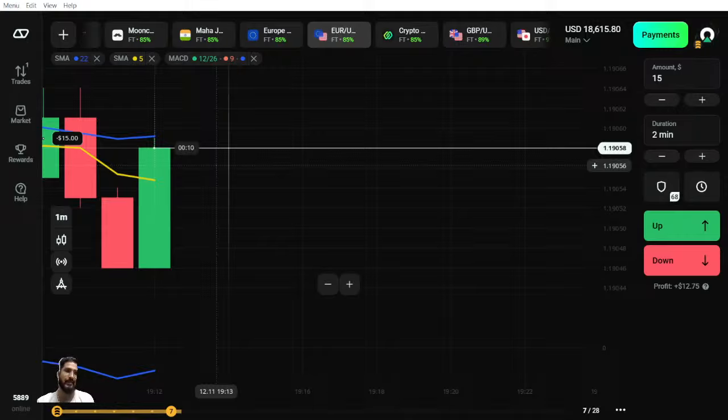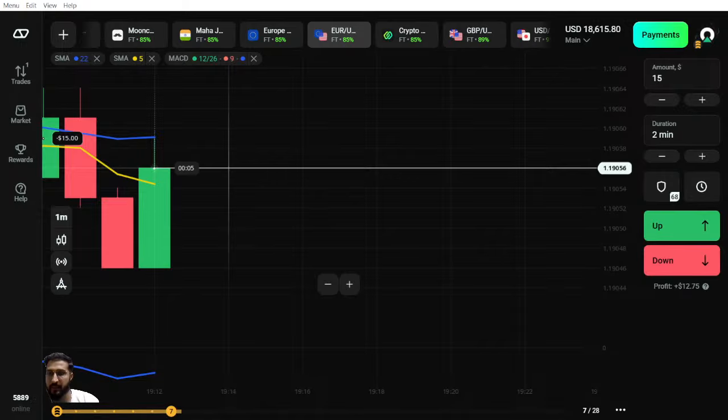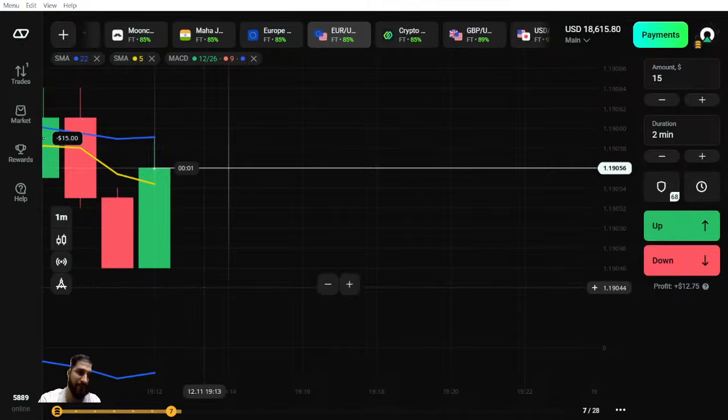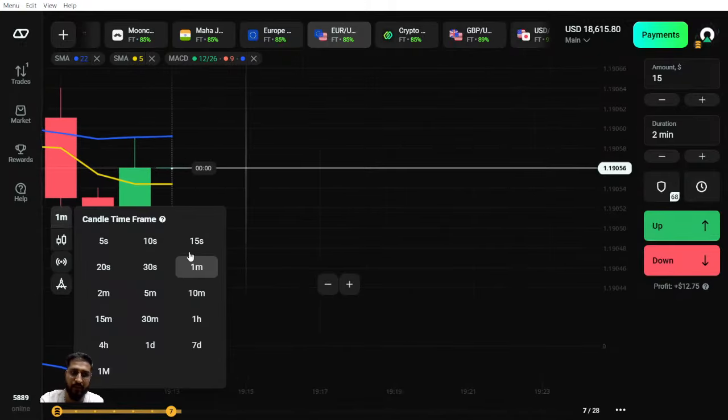Okay, so it's not like that one SMA will be acting in some other way. Here it will be a different manner. That is going to remain the same. All you just need to change is the time frame. Let me just show you that also. So all you just need to focus on,